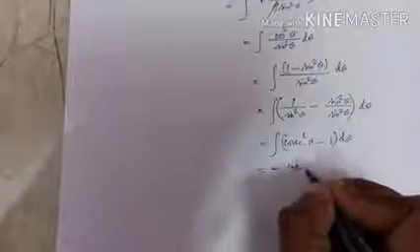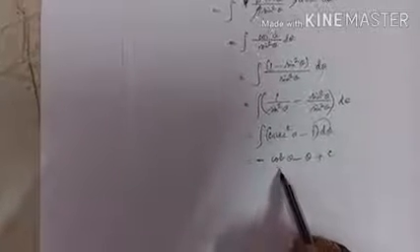Let us integrate. What is integral cosecant square theta d theta? It is minus cot theta, okay? Minus cot theta, then minus 1 into d theta, and integral d theta is minus theta plus c. Being an indefinite integral, add the constant of integration. I told you this is not the final answer. We should get the answer in terms of x.